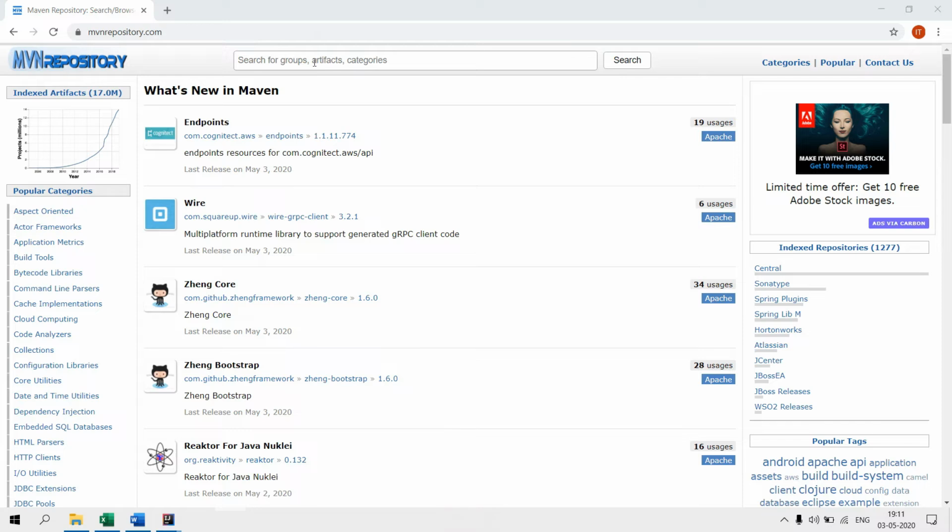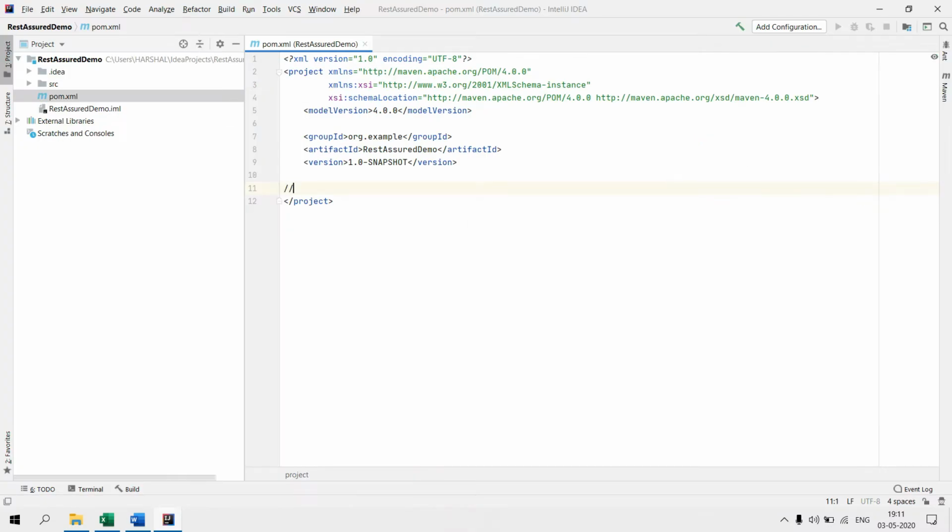The first dependency we require is the REST Assured dependency. I'm adding some comments over here. So REST Assured dependency. Thereafter we require the TestNG dependency, and we require a JSON simple dependency.